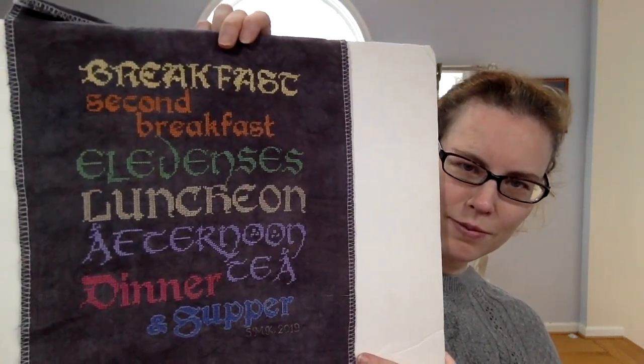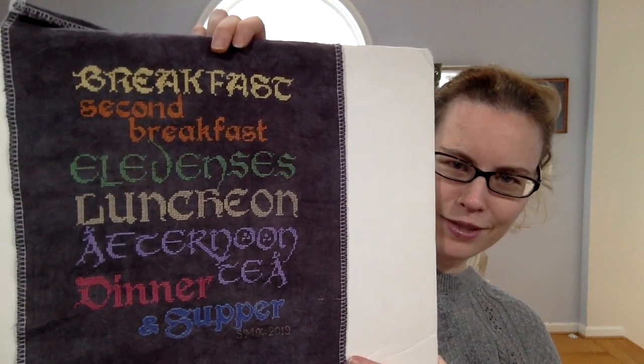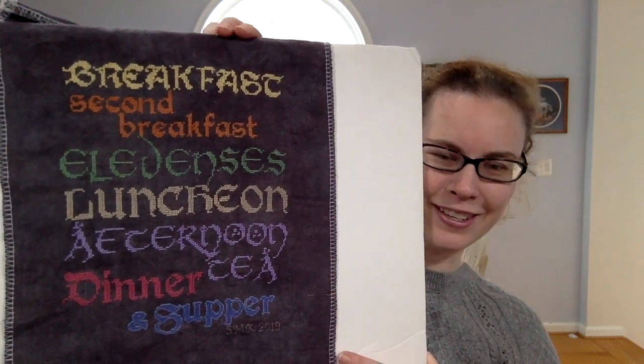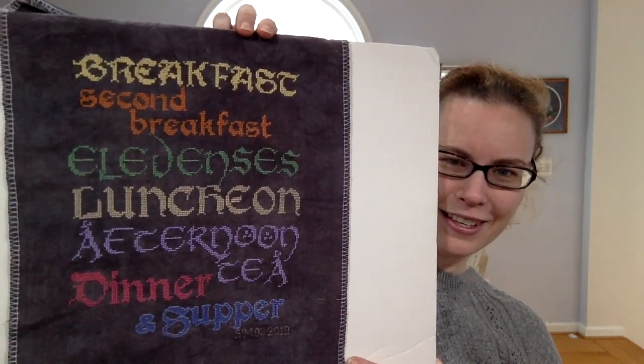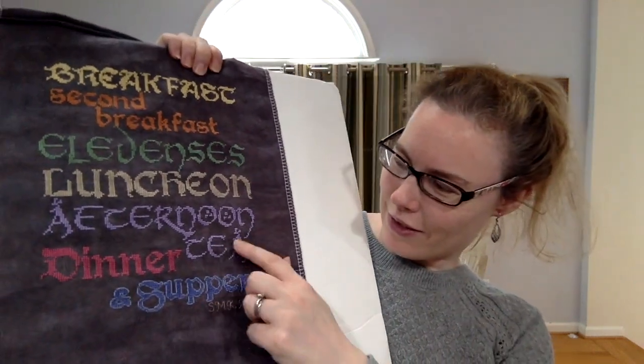So we got breakfast, second breakfast, elevenses, luncheon, afternoon tea, dinner, and supper. This was really fun to stitch. It only took 4 days. Now they were long days, but it did stitch up pretty fast, although some of the color conversions did give me a little bit of trouble,